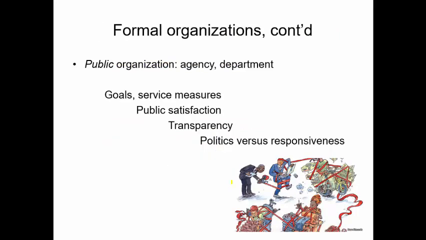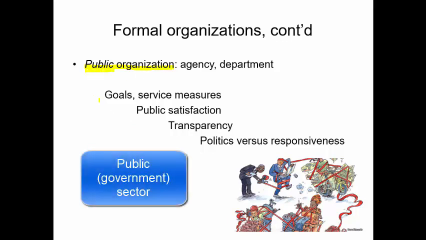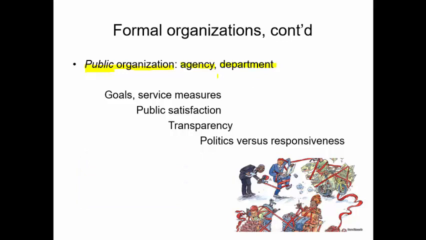Now, it gets a lot more complicated when you start talking about public organizations, and that's organizations in the public sector, i.e. in the government. So we're looking at government agencies, government departments, in the executive branch in particular, which make up this bureaucracy. So rather than trying to maximize profit, these departments and agencies are run on tax dollars, trying to provide public goods and public services for you, the taxpayer and the citizen. So therefore, they have goals that they have to meet.